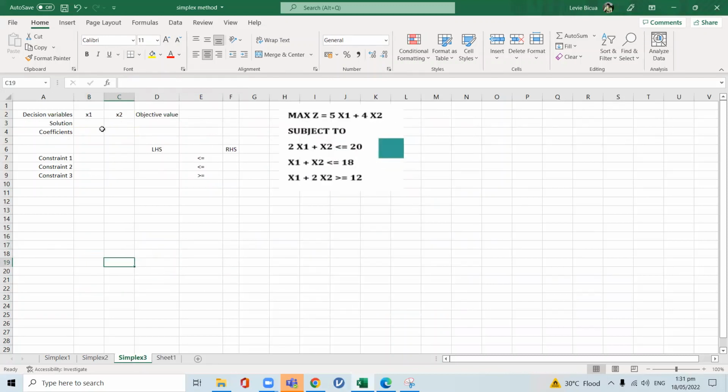Okay, last. For this one, it's maximization, no? But again, the functional constraints are of mixed type. We have less than or equal to and greater than or equal to type. So the same idea. Okay, we have 5, we have 4. No, we don't put it there, but rather on the coefficients. We have 5, we have 4, and then here we have 2, we have 1, we have 1, we have 1, we have 1, we have 2,